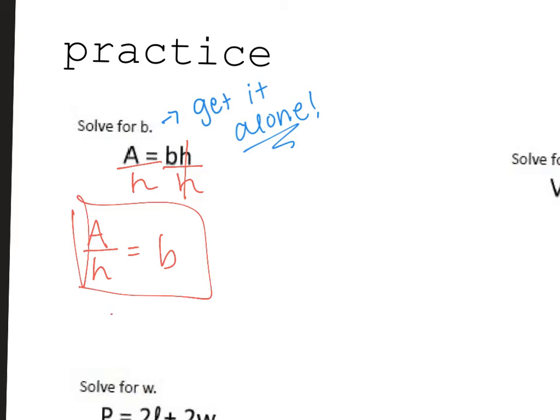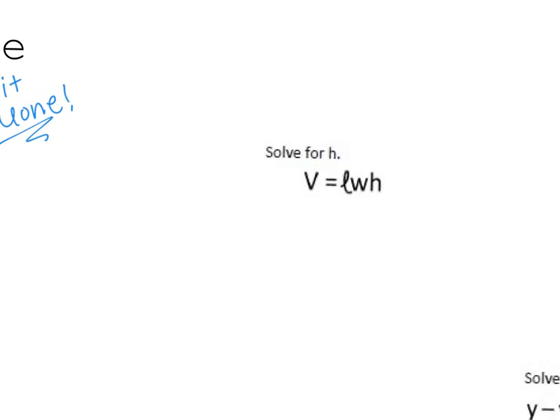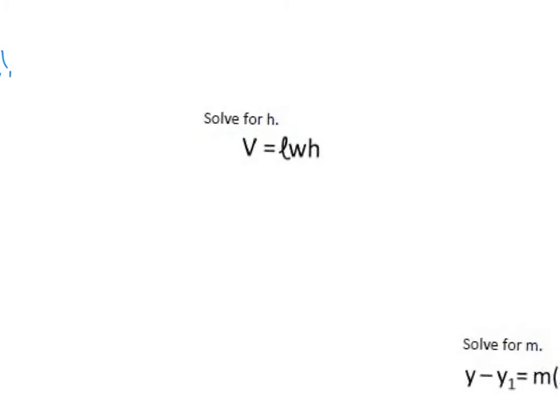And again, we can put the variable that we're solving for on the left. That's how you'll see it, like on your assignment, and that's fine. It's the same. We know we can flip that around. No biggie there. Let's try another one. Here we need to solve for H. So we need to get H alone,